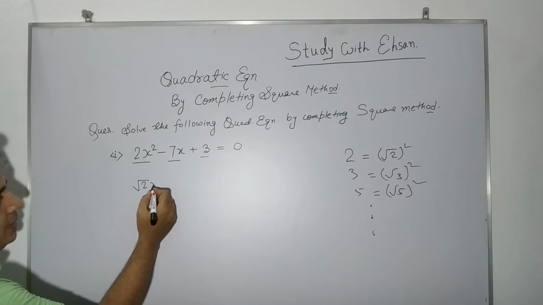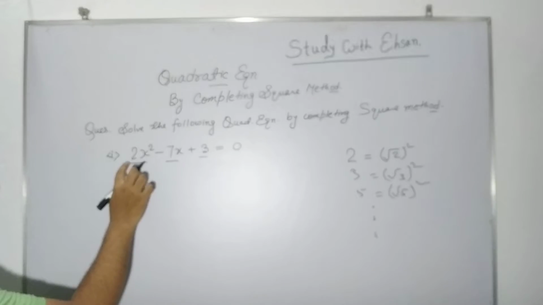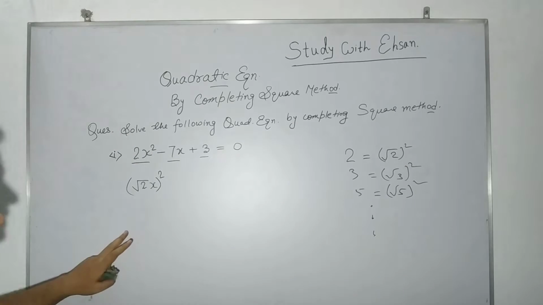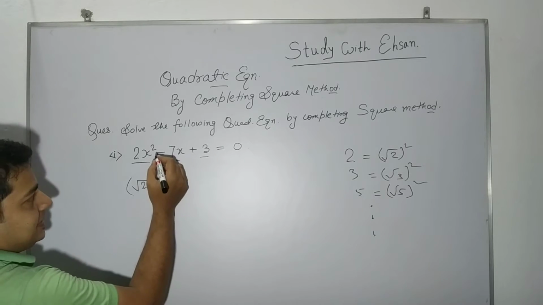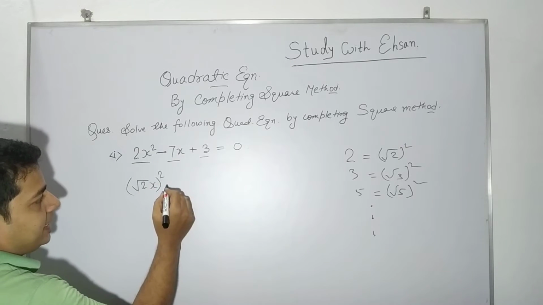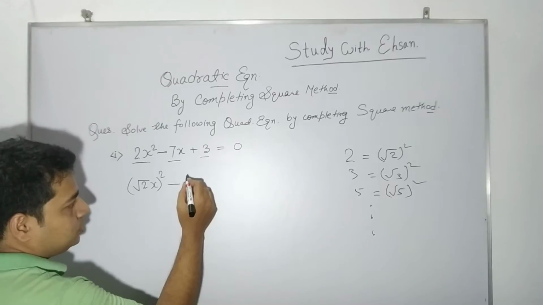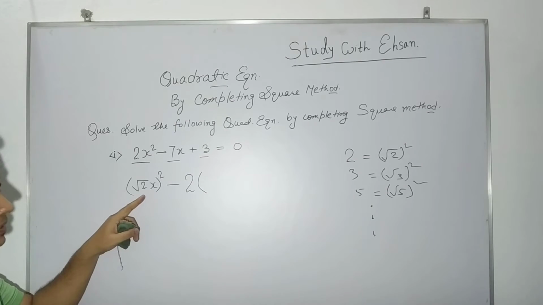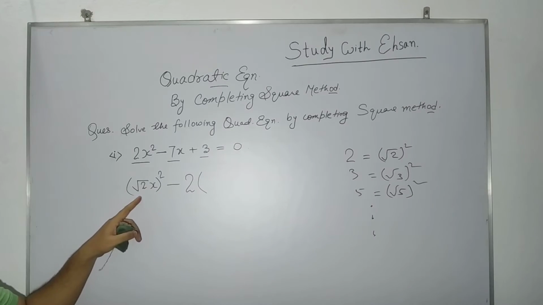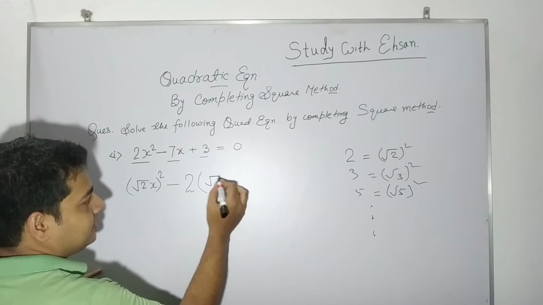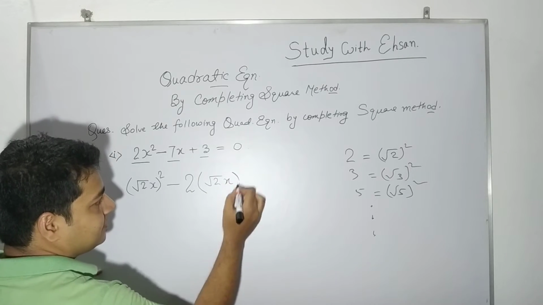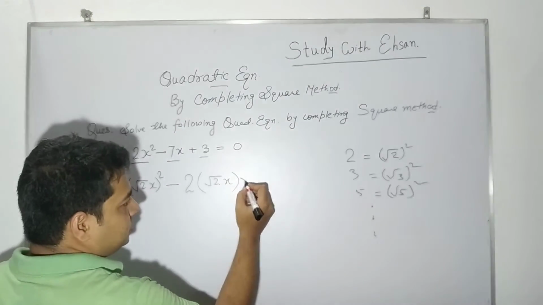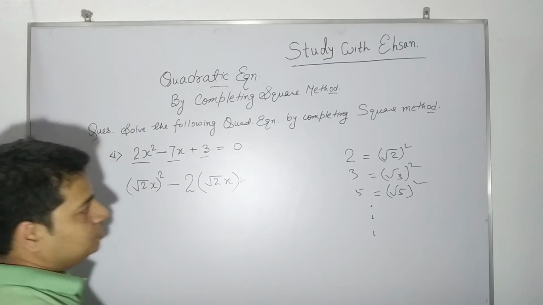And x square can be simply written as x whole square. Then finally 2x square is root 2x whole square. Is it clear? Now this is the sign minus. We have to take the same sign here. We have to add a 2 from our side. Then we have to write the quantity we get inside the bracket here, and here it is root 2x. Then we write root 2x. Close the bracket. Now, one quantity is to be multiplied here, and that quantity is to be decided.